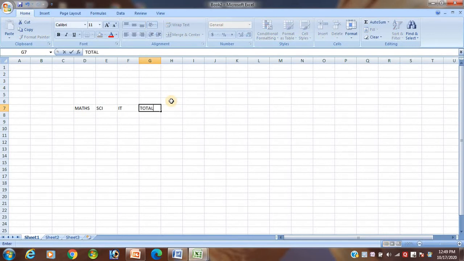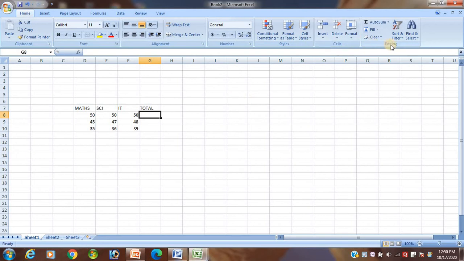Suppose I want to insert the numbers 50, 50, 50 for one student. For another, 45, 47, 48. For another, 35, 36, 39. These are the marks of three students, and I want to put the AutoSum.